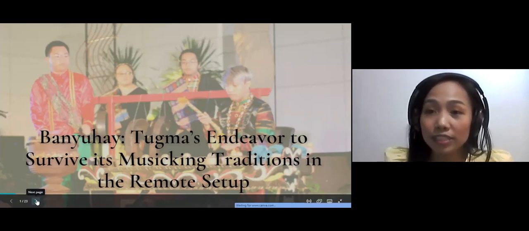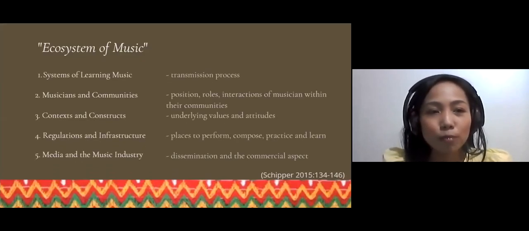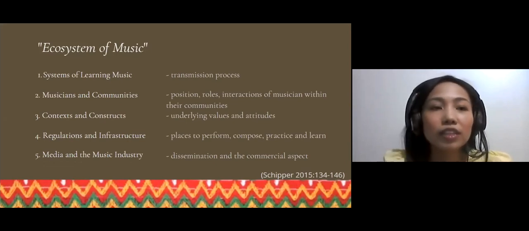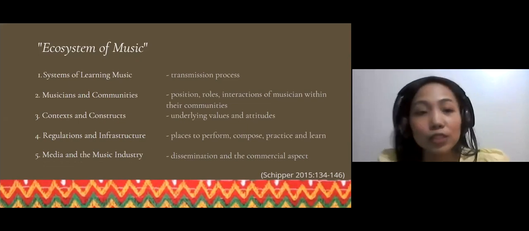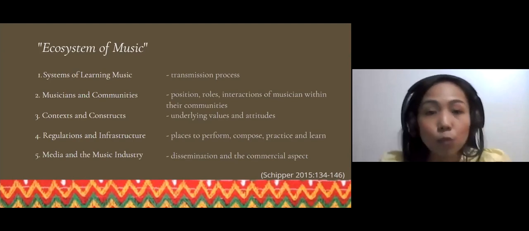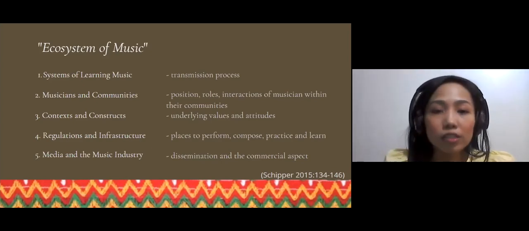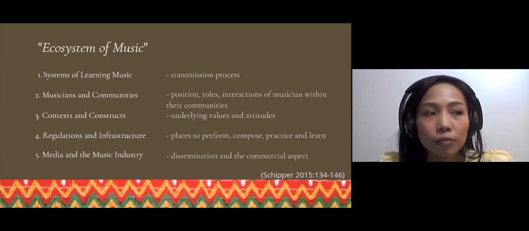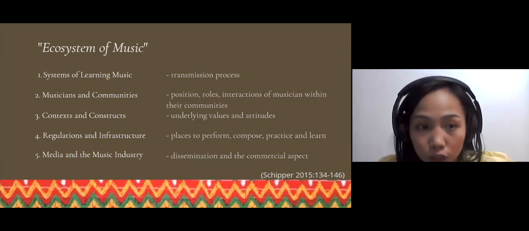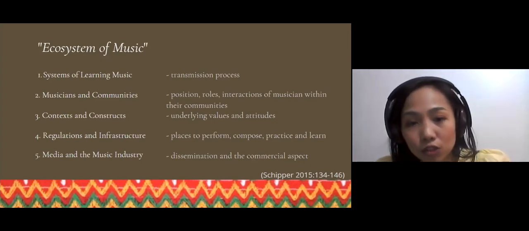It's almost an autoethnography in the way I prepared this paper. Since we're having a crisis of sustainability, I observed the Shippers framework, his structure of the ecosystem of music, which includes the systems of learning music, which talks about the transmission process; the musicians and communities, which tackles the position, roles, or interactions between a group of musicians; context and constructs, the values or core structure within the group; their repertoire or what traditions they observe;